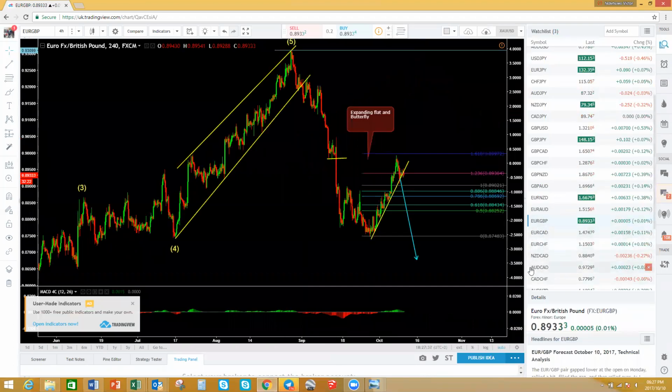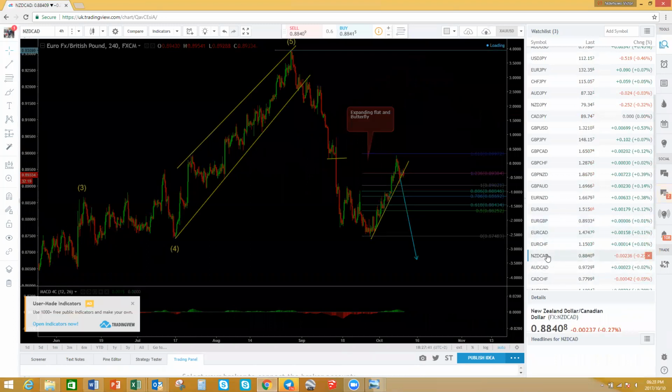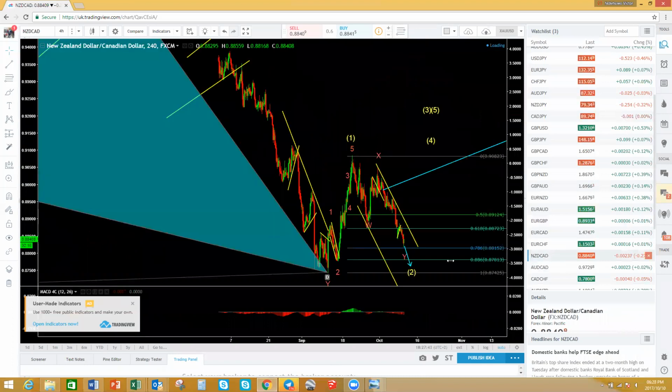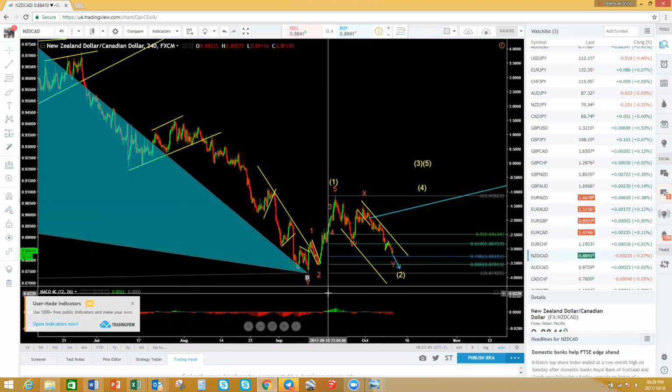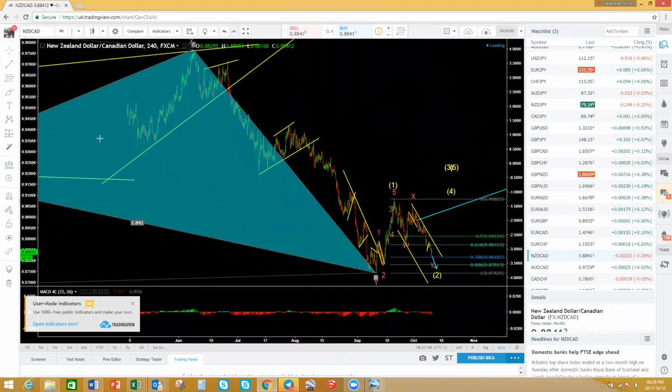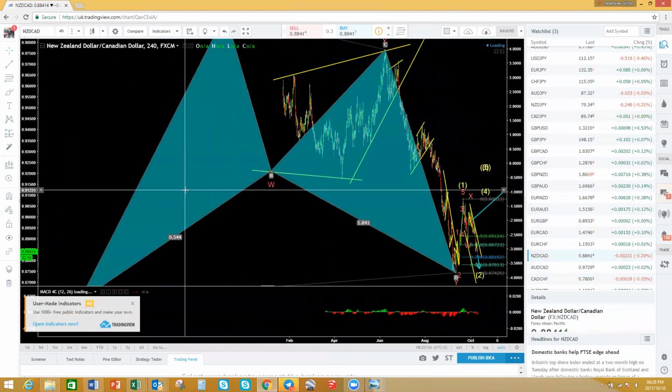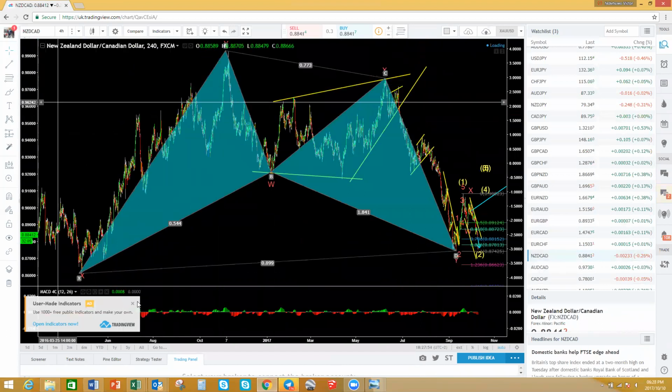I'm not going to go look through Euro CAD, Euro Chief, New Zealand CAD. An interesting one. So New Zealand CAD, if you look at the 4 hour, we've got a big Gartley pattern forming there. And the target for that Gartley,